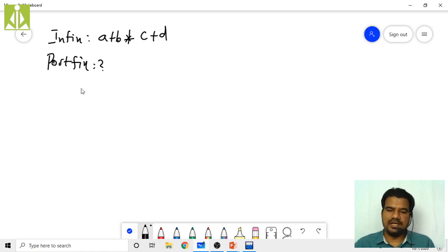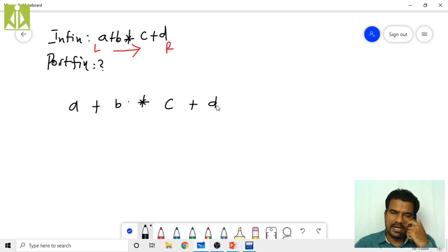So what we have in our expression, I am writing it here, because we have to scan the expression from left to right. Left to right in the sense from here, this is left and this is right. From here to here we have to scan the expression in this direction. So I'm writing the entire expression here: A plus B multiplied with C plus D. Like this I have the complete expression.